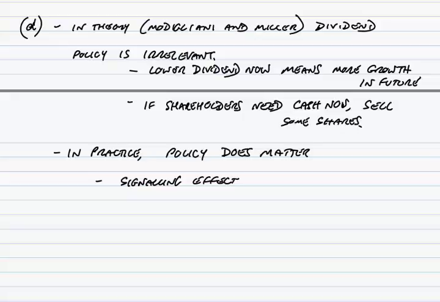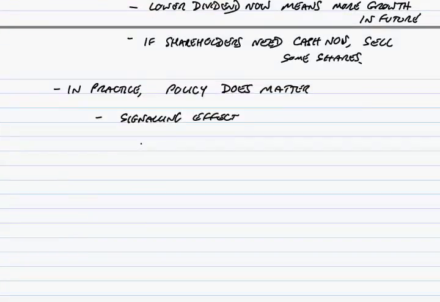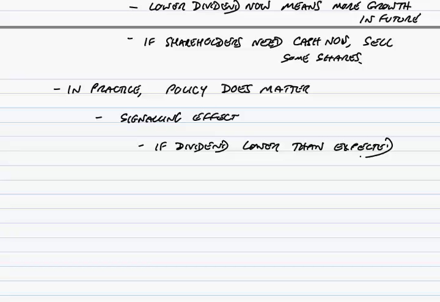You must explain basically what we're getting at. The signalling effect is that if the dividend is lower than expected, then there's a risk or a danger